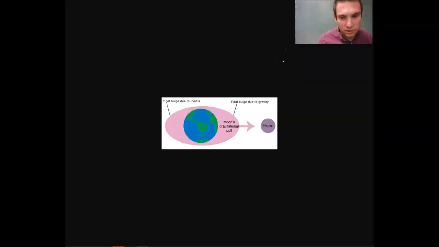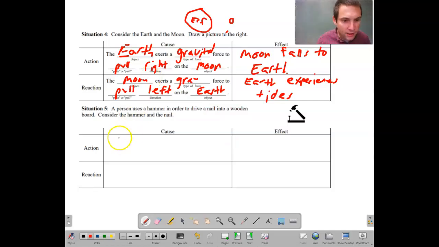So here's the picture. The Moon is pulling on the Earth, and this pink area, that's what's called a tidal bulge. For different pictures, you can look it up, but the shape of the Earth actually changes because of this. So on one side where the Moon is pulling, you're going to see this bulge in the Earth. Tidal bulge. Getting back to it, a person uses a hammer in order to drive a nail into the